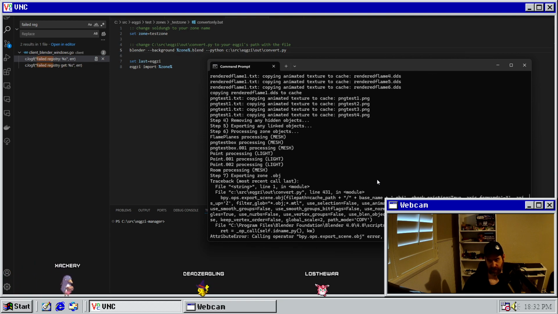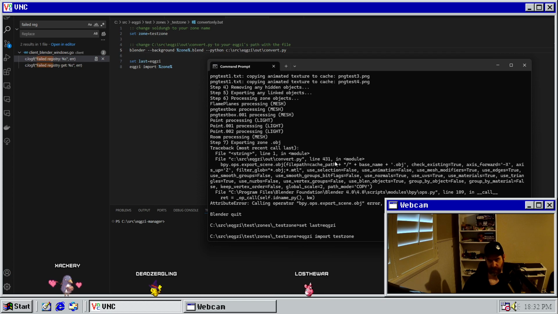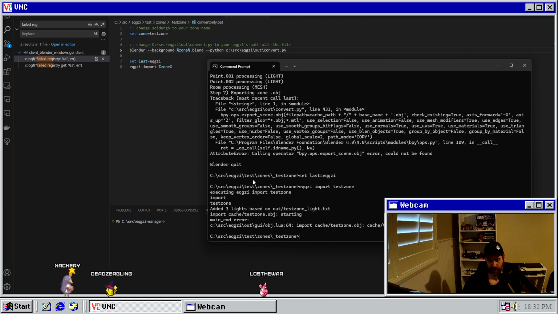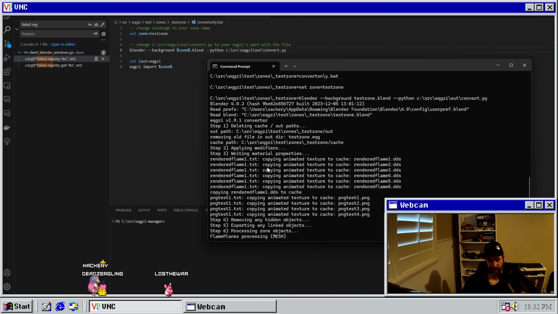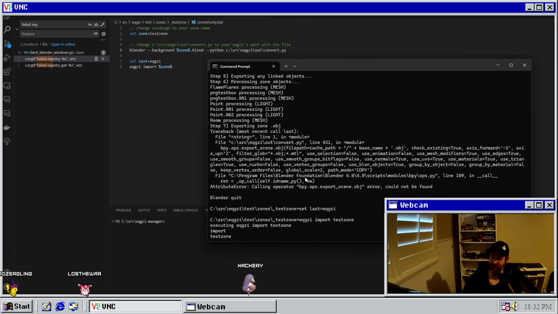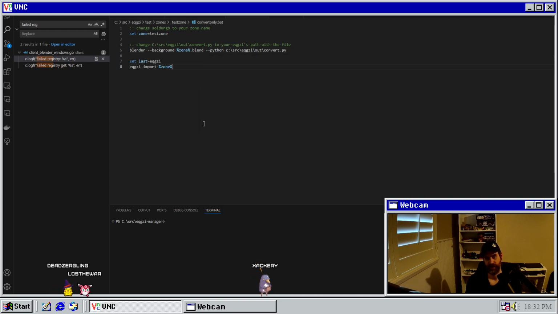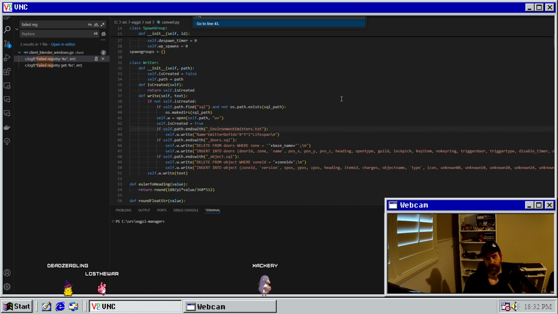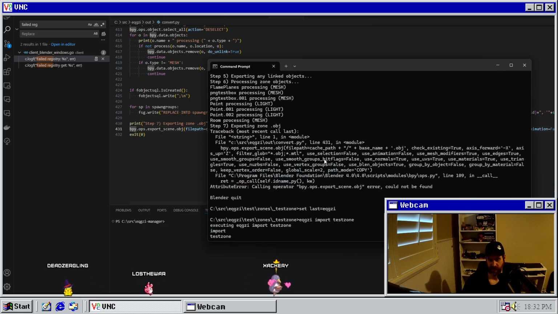All right, what's happening now? We got a failure in line 431. I don't like that it doesn't stop. Man, I was never a massive fan of EQGZI. It's definitely the best, but oof, it's doing a lot of weird stuff. So line 431 of convert is doing the actual execution line, and